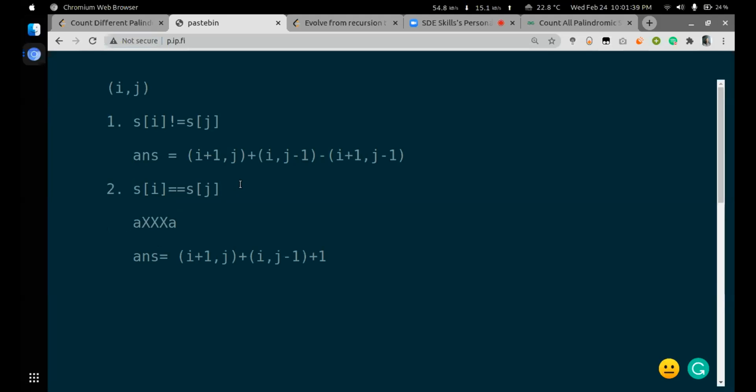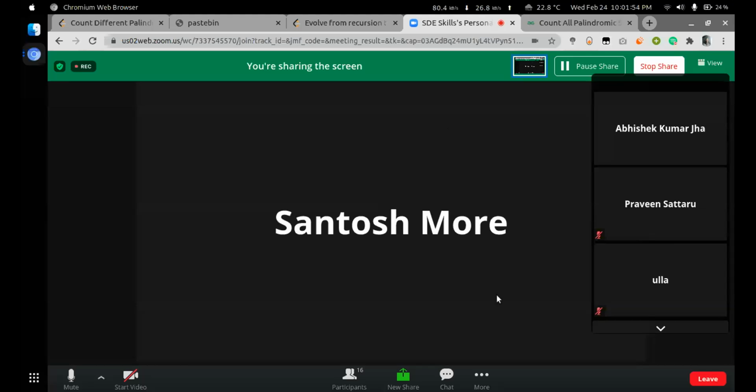There is no annotate option coming for me. Even if you tap on the Zoom window, it shows only fit to window and exit full screen. That's it. Okay, then why don't you share your screen? Abhishek, let him share. Yeah, go ahead. You are asking me to share the screen. Yeah, Uday. Okay, one minute. Let me open that.